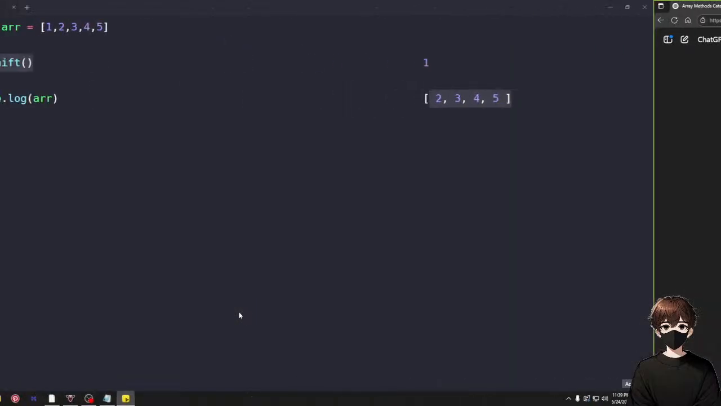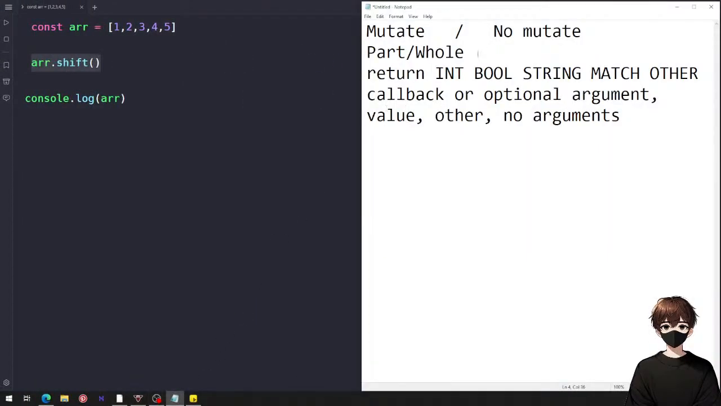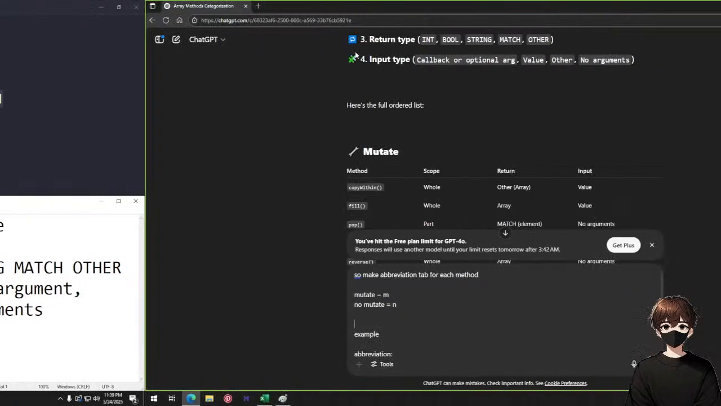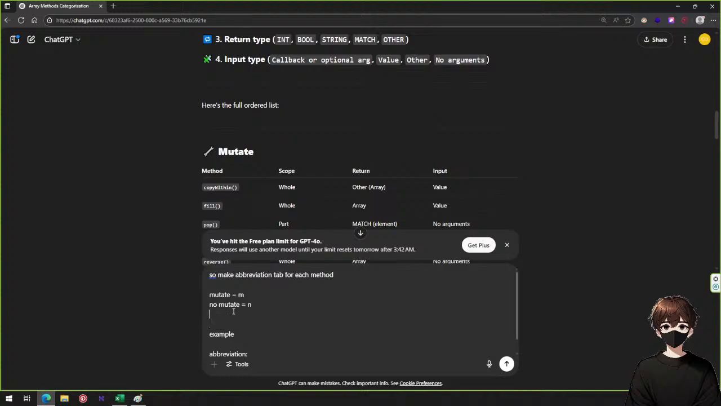Okay, then the next one that we had here is part or whole. Then first letter, then second letter. It's gonna be part is P,